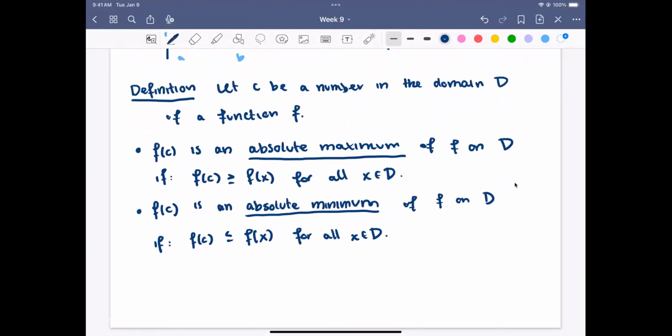Okay, so the definitions for the local maximum and minimum are a little bit trickier. So here's how those look. We'll say that f of c is a local maximum if there's an open interval surrounding c where f of c is the largest value across all x's in that open interval. So we'll say f of c, I'll write it down, is a local maximum